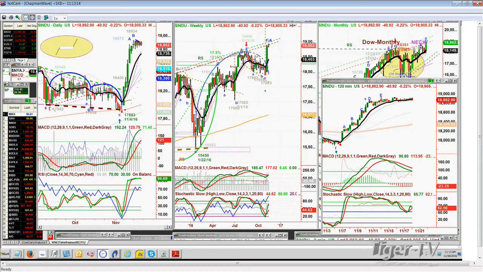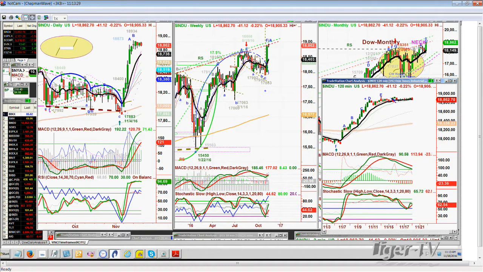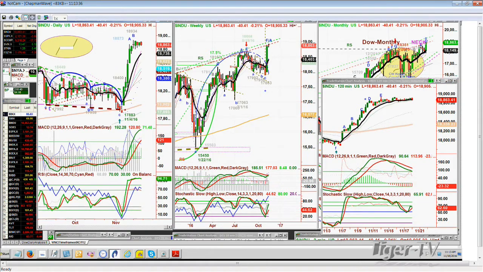It needs 19,935 for leg C in the daily. The leg in the weekly chart is an F/A. If this is a doji close right at that Chapman wave inside track resistance, we're going to have to watch out for next week. And here's that rectangle formation that we saw in the E-mini, and we've got it here in the Dow. Sideways rectangle patterns can last a lot longer than your patience.